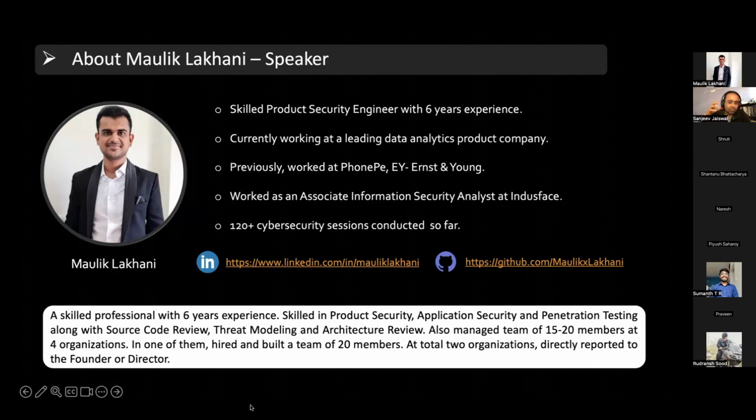He has trained more than 100 people in these domains, and he's also one of the mentors of our group. He's also good at security architecture and threat modeling. I think that brief should be enough about our main speaker, Maulik. There is his LinkedIn and his GitHub profile. So over to you, Maulik.